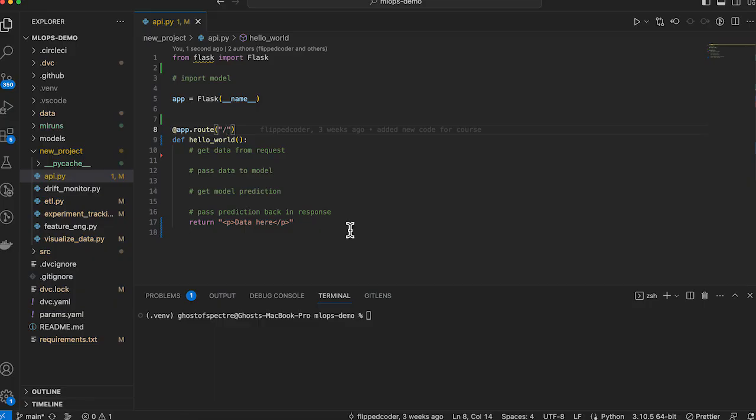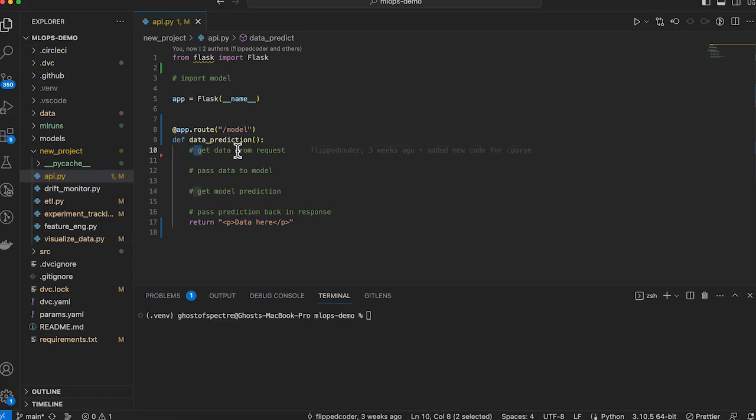So this could be, I don't know, let's just call it model. And we'll change this to be model call, or maybe data prediction. That makes sense. So that's the function that's going to be called when we hit this slash model route.